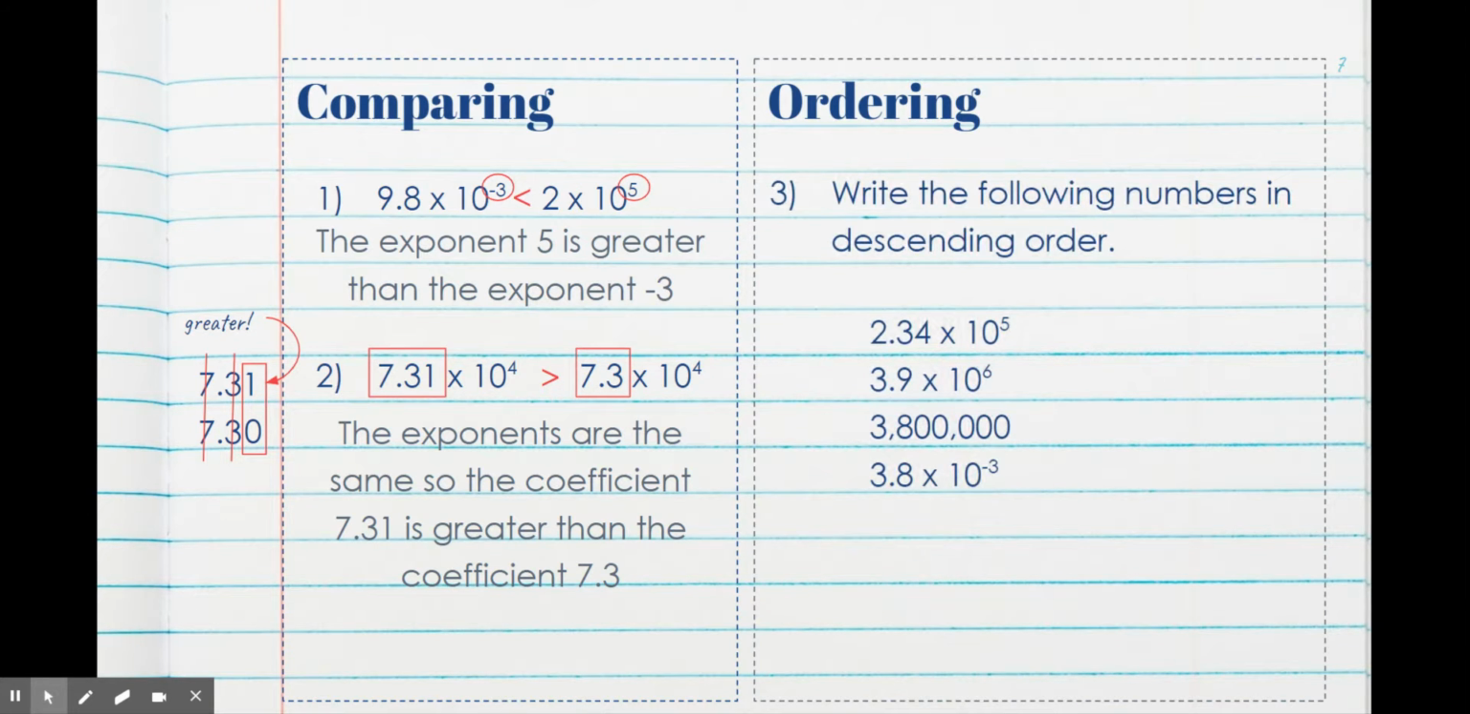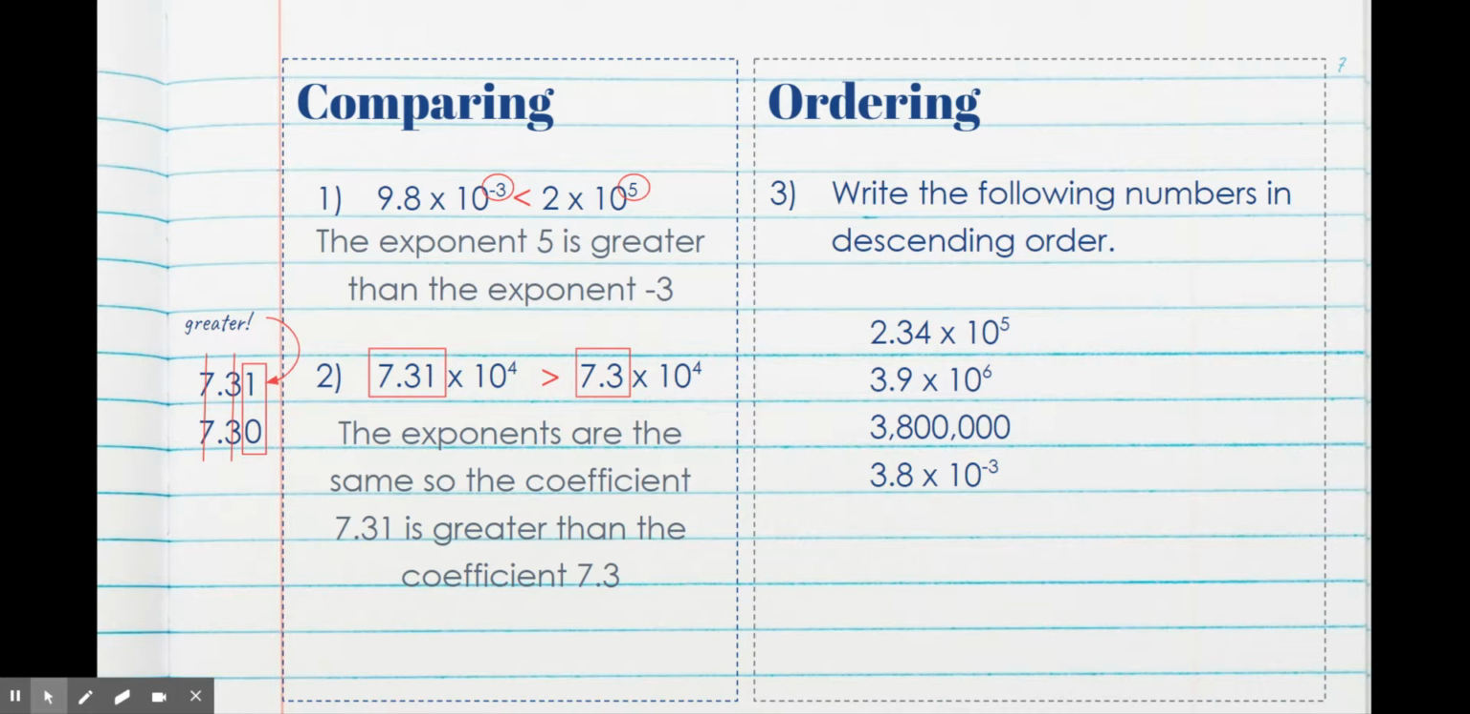Last, let's look at an example of ordering. So this example says write the following numbers in descending order. So the first thing that you should notice is that 3 of the numbers are written in scientific notation and 1 is written in standard notation. Now I told you earlier it's easier to compare the numbers when they're in scientific notation because we just have to compare the exponent. So I want to change